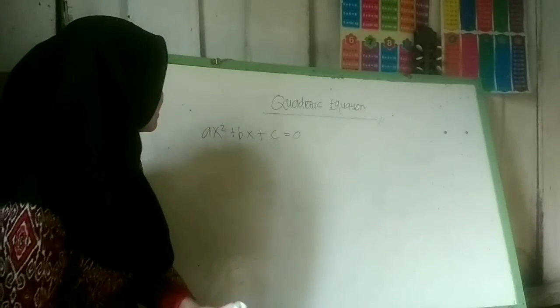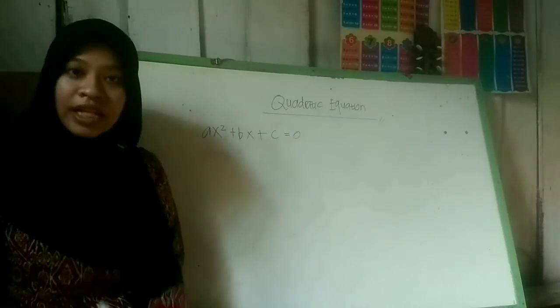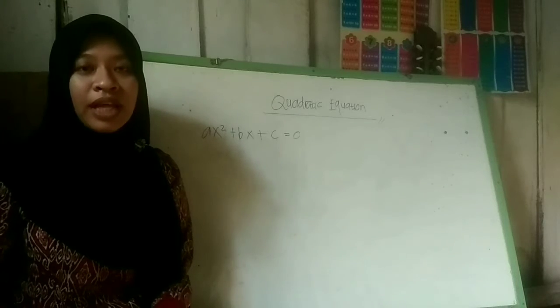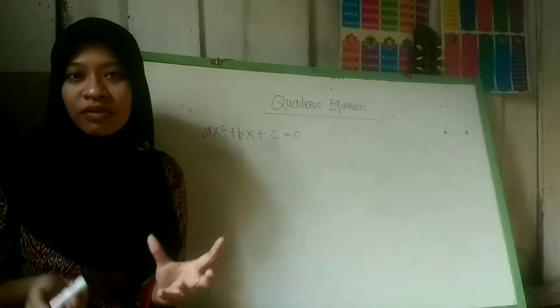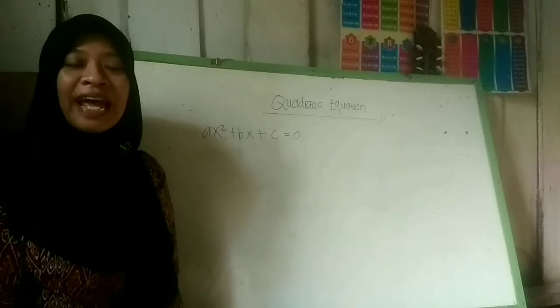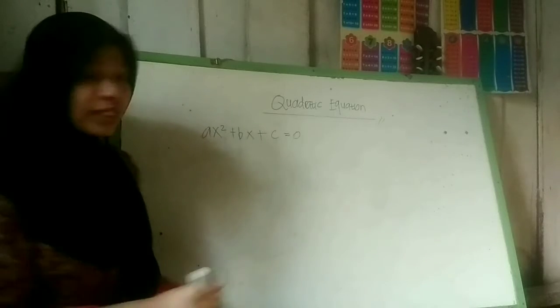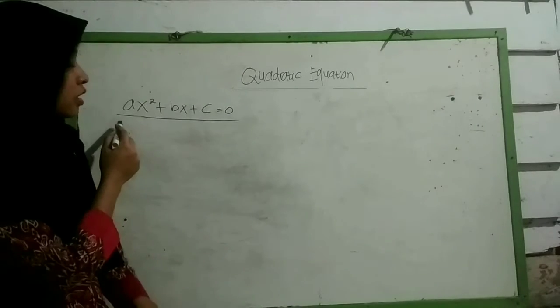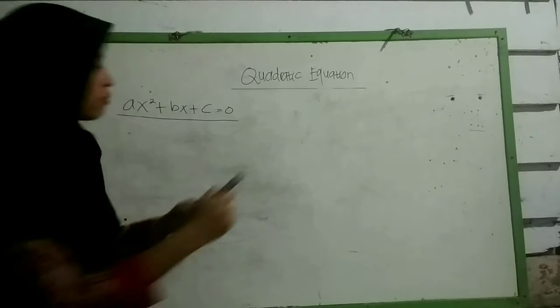From this general form, we can find the roots of the quadratic equation. We can use the ABC formula or quadratic formula. The ABC formula is what we will look for to find the roots of the quadratic equation. For the general form of the quadratic equation, we divide it all by